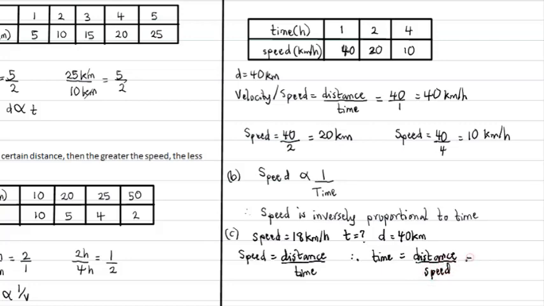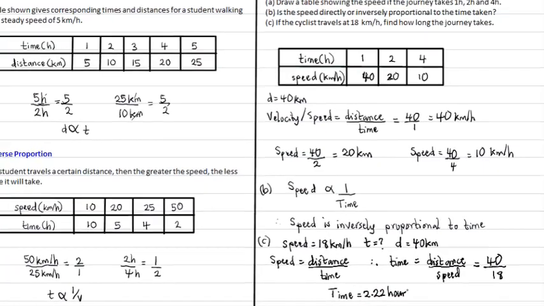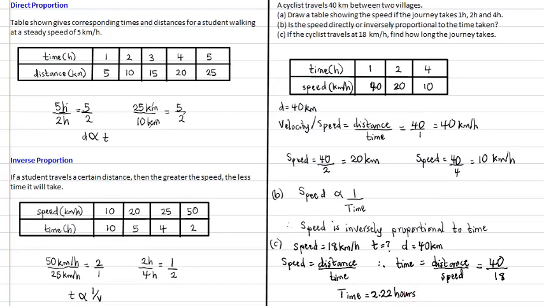Okay, so we have our distance as 40 and we have our speed as 18. So 40 divided by 18 will give us our time finally as 2.22 hours. So that's what it will take, 2.22 hours to get there at a speed